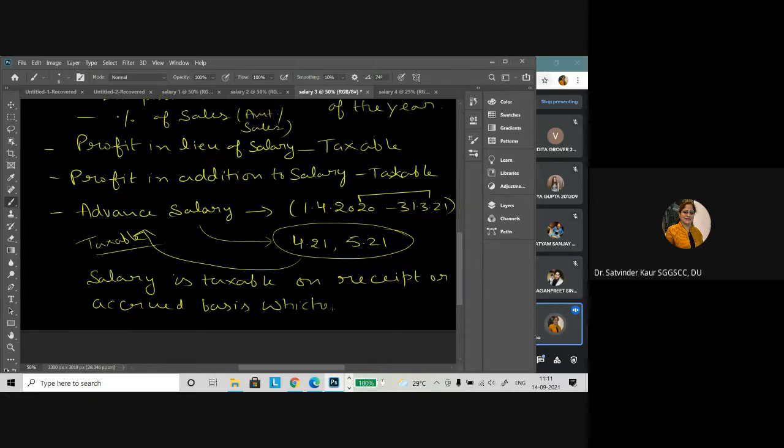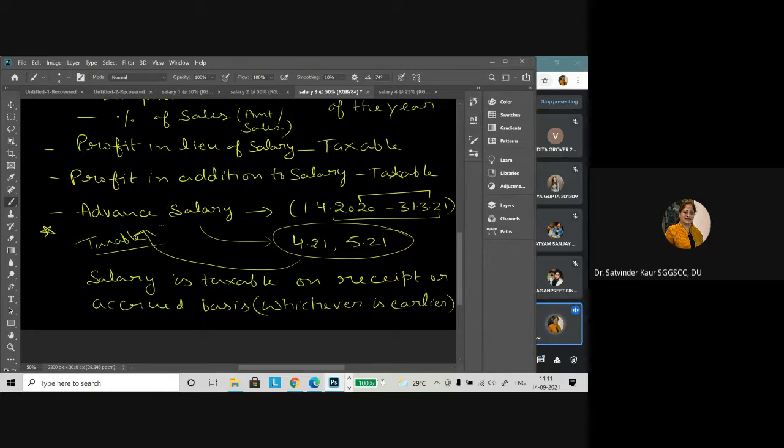तो पहले जो चीज़ आपके प्रीवियस ईयर में आ गई, वो आपकी उस बेसिस पे टैक्सेबल हो जाएगी. तो अगर आपने रिसीव पहले कर ली प्रीवियस ईयर 2021 में, तो वो टैक्सेबल होगी, और अगर वो अक्रू पहले हो गई तो वो टैक्सेबल होगी. सो इन दिस केस वी हैव सर्टेन अदर थिंग्स ऑल्सो which we are going to discuss just now.